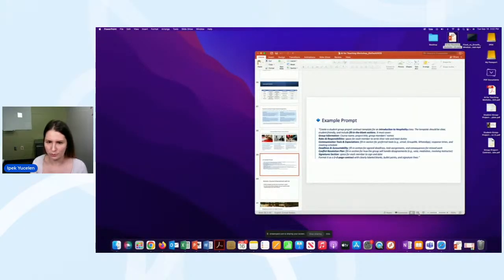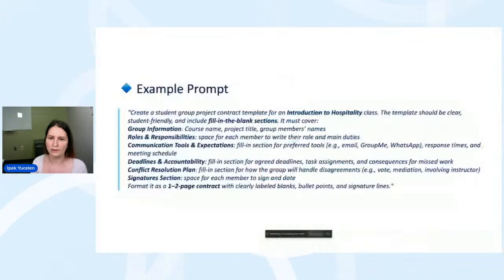Actually, let me show the prompt here if you want to be inspired by this. Essentially, I tell AI to create a template for the group project, for a certain course. I tell it to create fill-in-the-blank sections so each student can enter their name, group information, roles and responsibilities, communication tools, deadlines, conflict resolution plan, and the signature region.